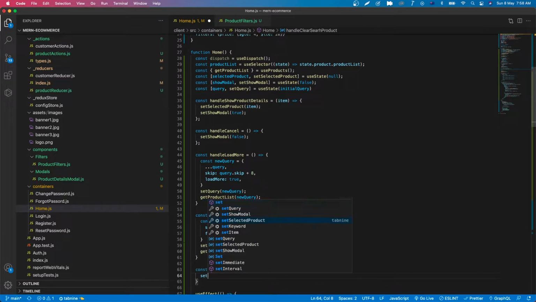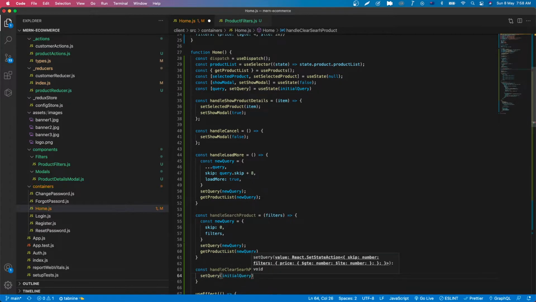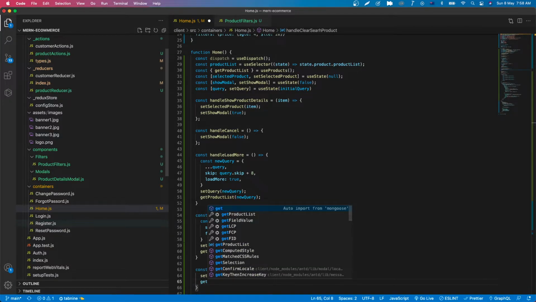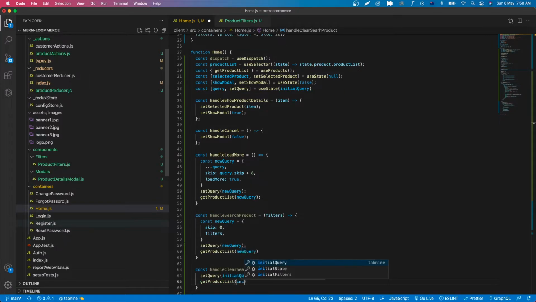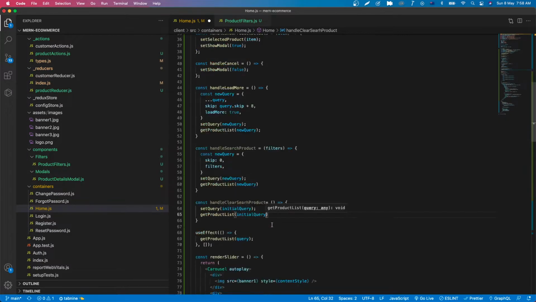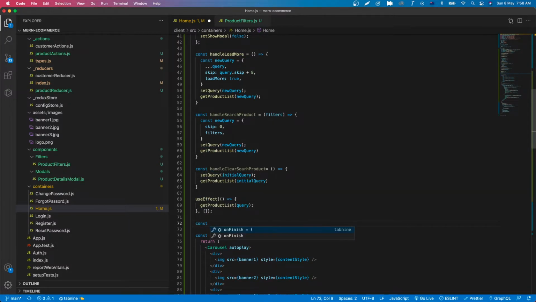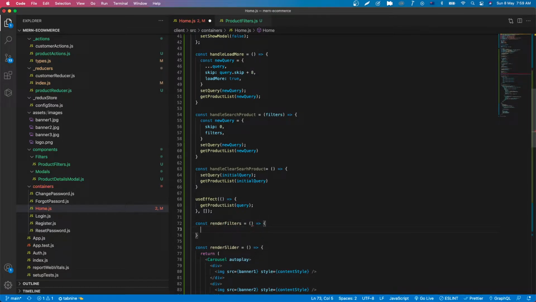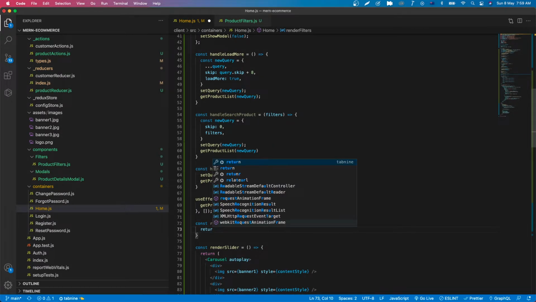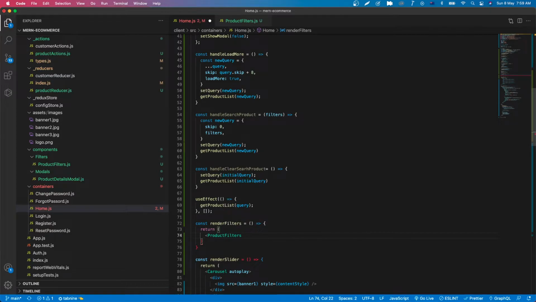We will set the query to the initial query, and we will get the product list with the initial query. And then we create a function to render the filter section. We return product filters. We define the on-search prop would be the handle search product function,